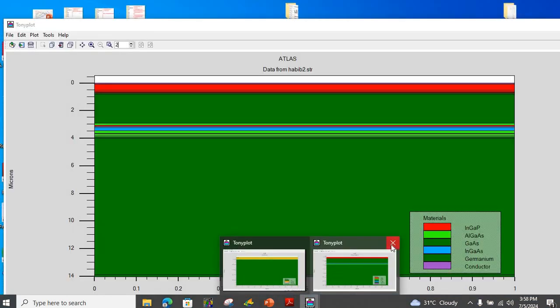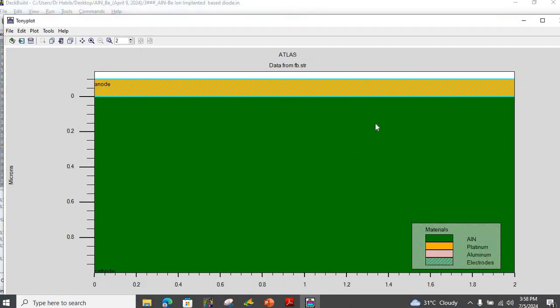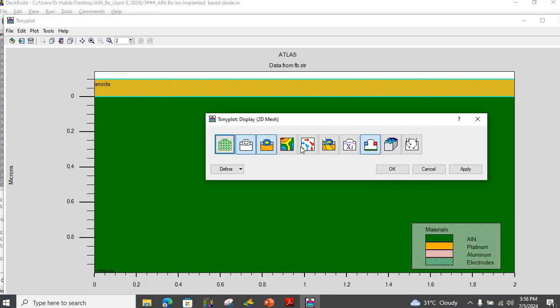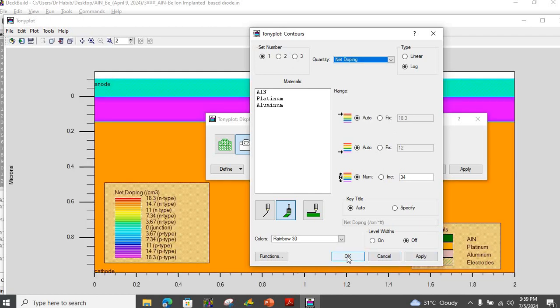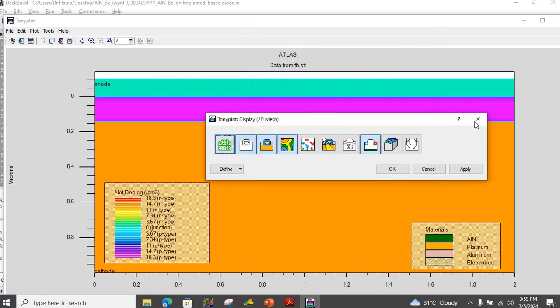So I actually have the structure over here, and if we look at the dopings, I'm going to plot it later as well, but here, for the sake of understanding of the code, I have to display this primary figure. So here is the figure,